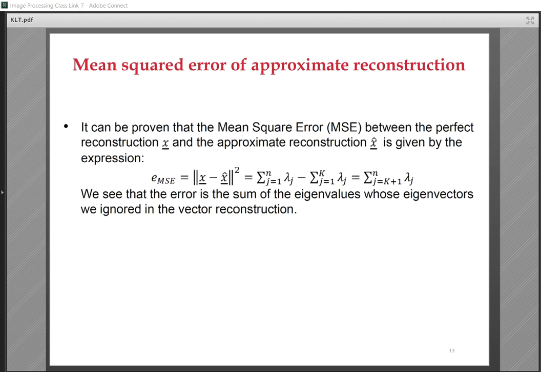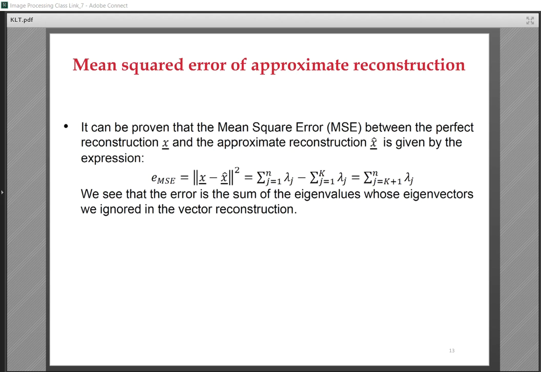We eliminated or deleted lambda 4, 5, 6, 7, 8, 9, 10. That's right. Lambda j from 1 to n minus from 1 to k means sigma from k plus 1 to n. For example, in my example, lambda 4 plus lambda 5 plus lambda 6, lambda 7,